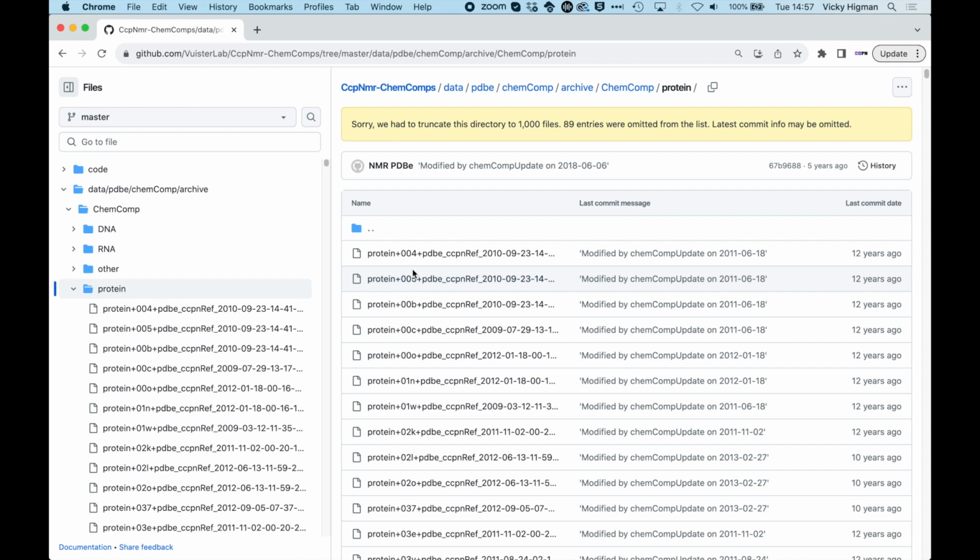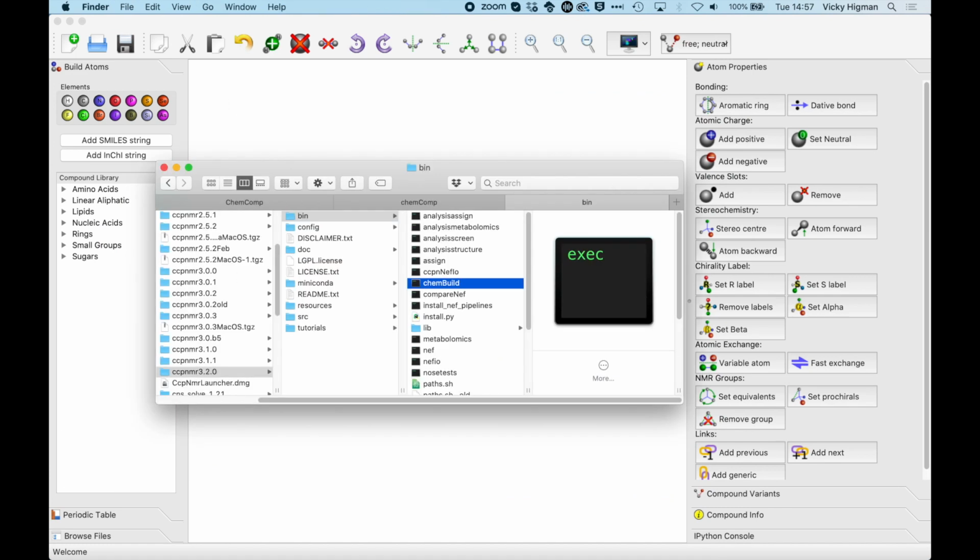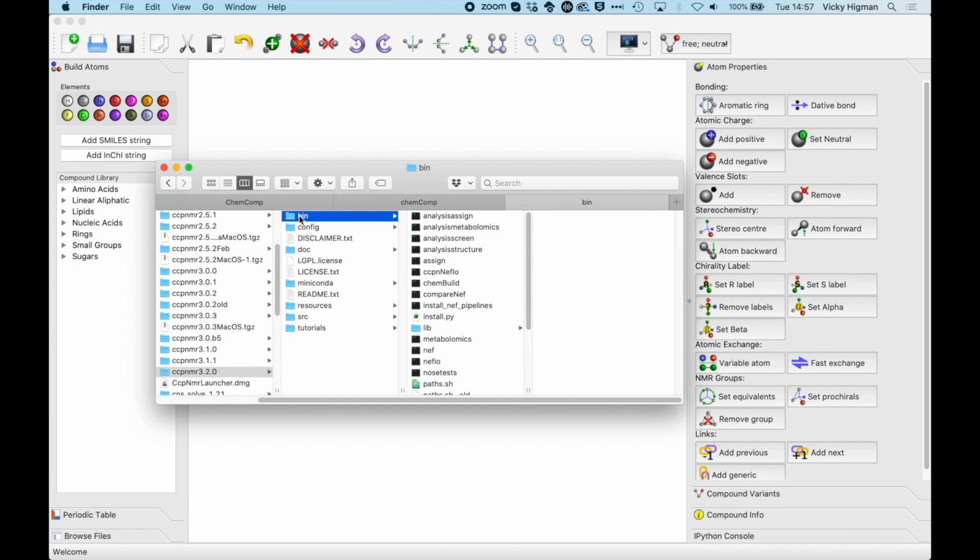But you may of course be working with something more bespoke, and in that case you'd want to be able to create your own ChemComp file, and I'm going to show you how you can do that using the program ChemBuild. Now ChemBuild is a program that comes with CcpNmr analysis, so in your bin or your bat folder where